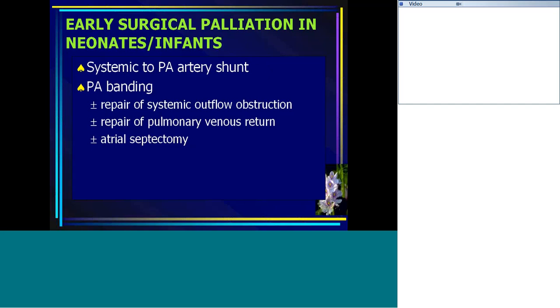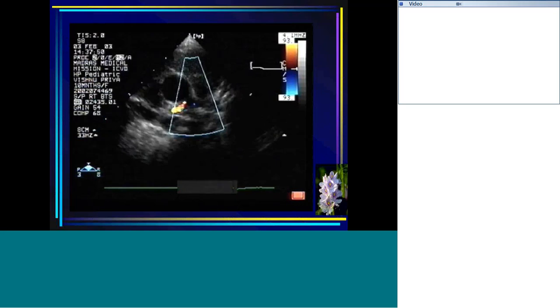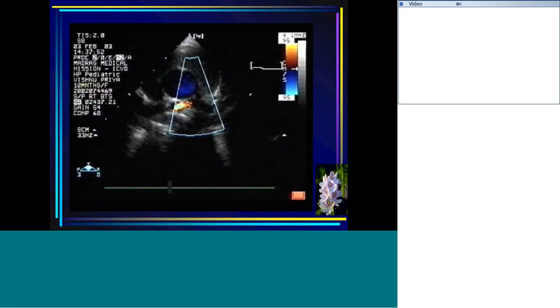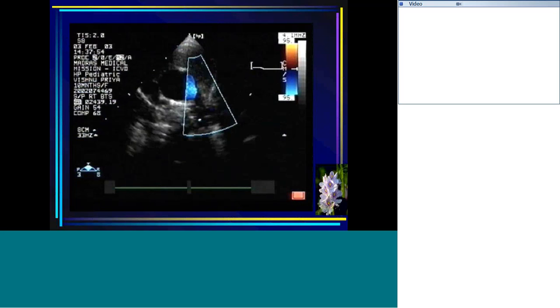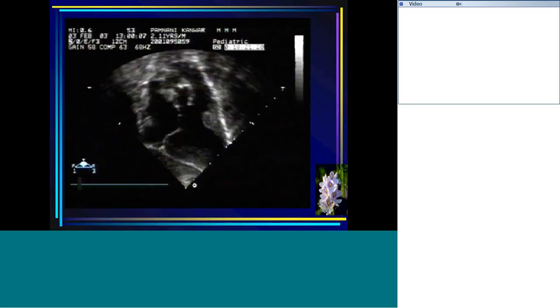And in addition, if you have a child with mitral atresia with excessive pulmonary blood flow, you definitely need to do a wide atrial septectomy, because if you do not, the baby will develop pulmonary venous hypertension and effectively severe pulmonary artery hypertension and may not be a good candidate for a single ventricle repair in future. So this is again just some examples of a single ventricle with pulmonary atresia, duct-dependent pulmonary circulation, and which need a